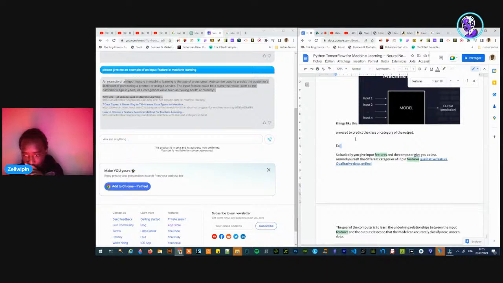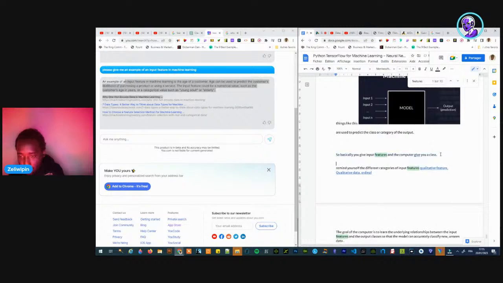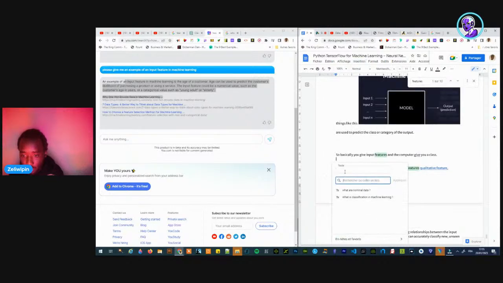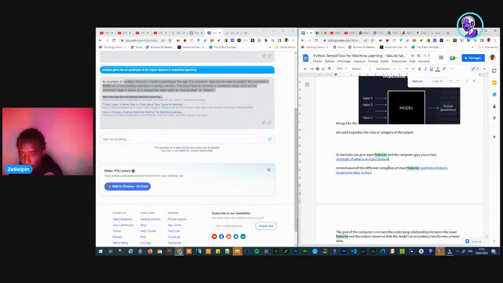So basically you give it input features. A reminder of what is an input feature, like this. I can go like, boom, link, reminder of what is an input feature.